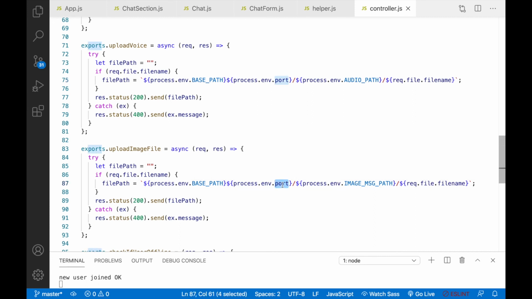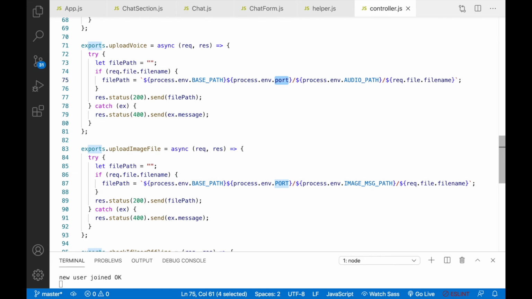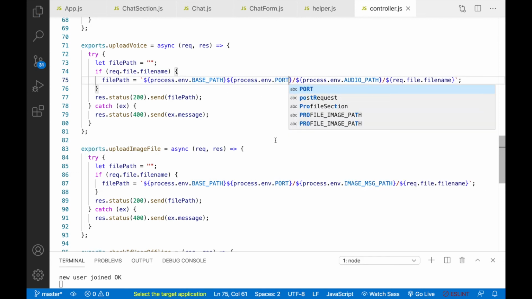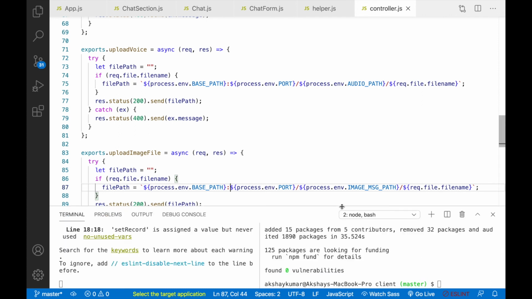So we'll write it like this, port, and here also port. I will just recheck after our base URL, base path and port. There should be one of this symbol, right? This one, like this. Okay, so again we'll restart the node server.